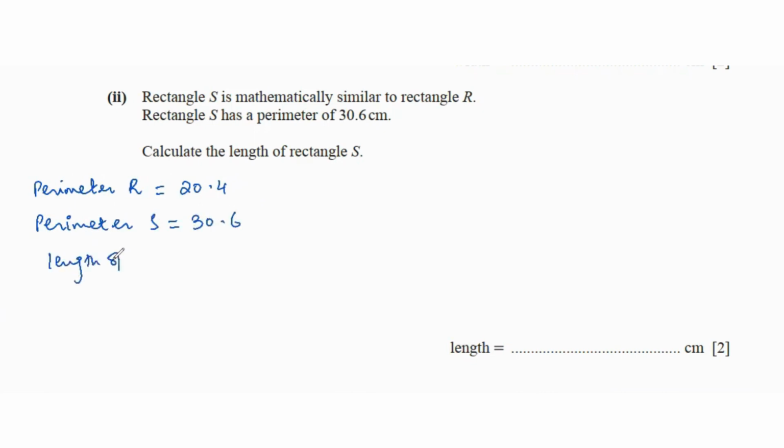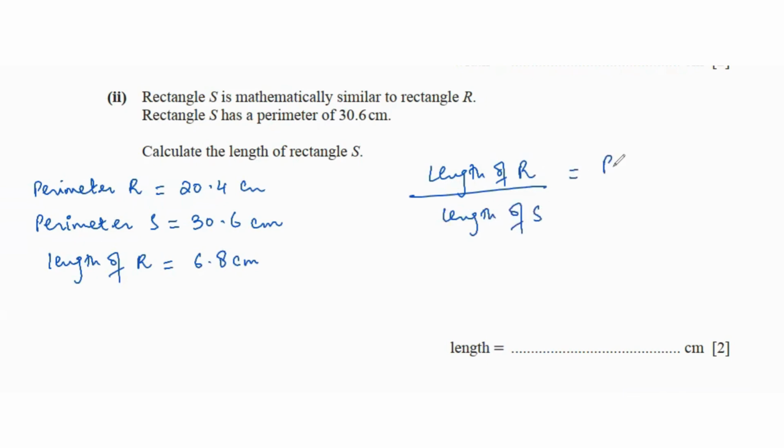Length of R is 6.8 centimeters. So we can make a ratio: length of R over length of S equals perimeter of R divided by the perimeter of S. So that's going to be 6.8 over x equals